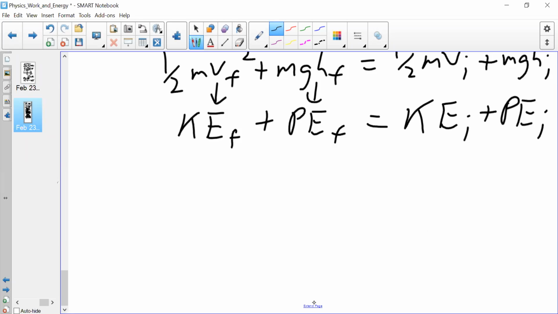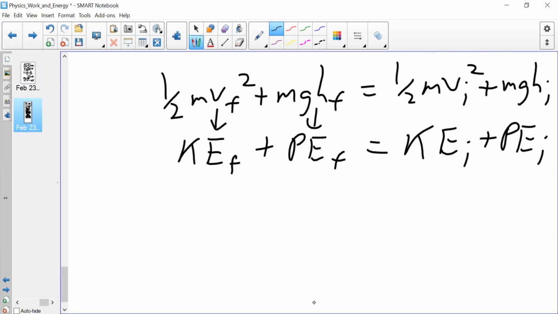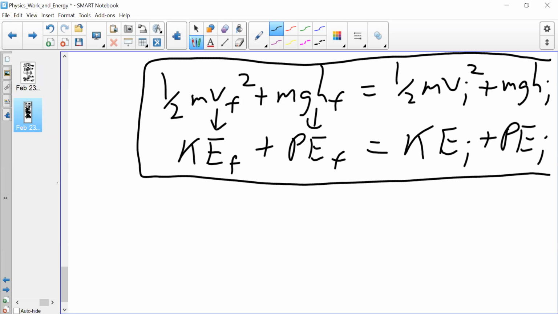And so this equation here, these two terms essentially, are what we call the conservation or saving of energy between the